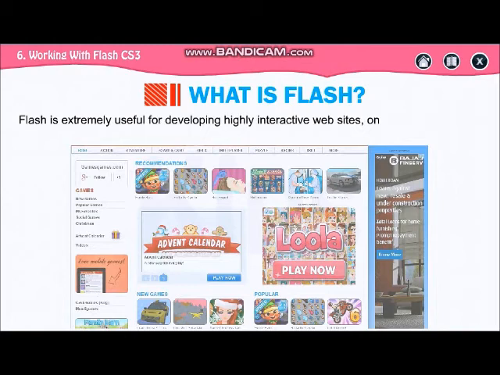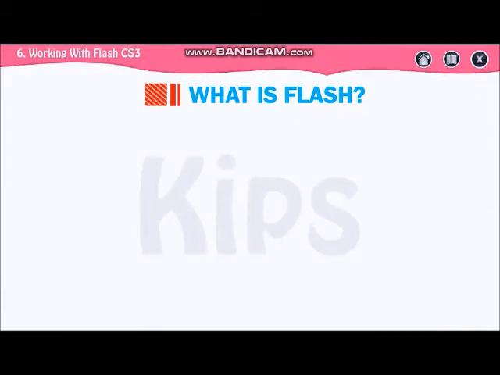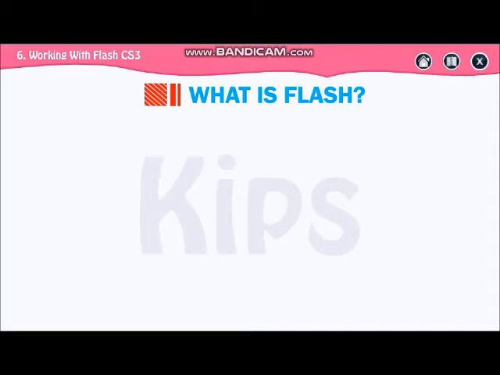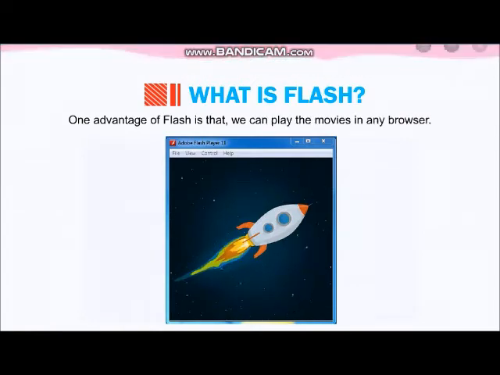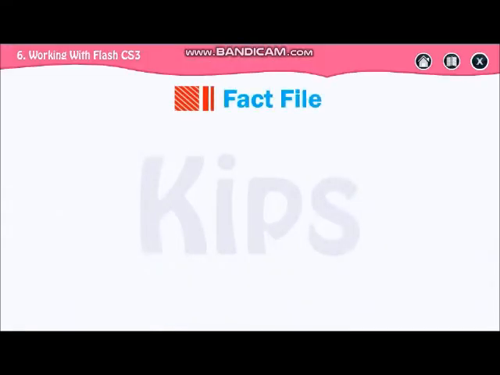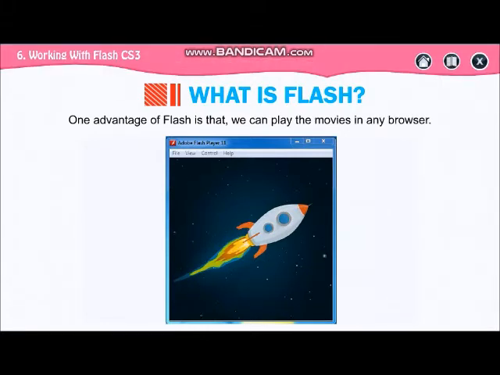Now Flash is extremely useful for developing highly interactive websites, online advertisements, computer games and content for various mobile devices. One advantage of Flash is that we can play the movies in any browser.